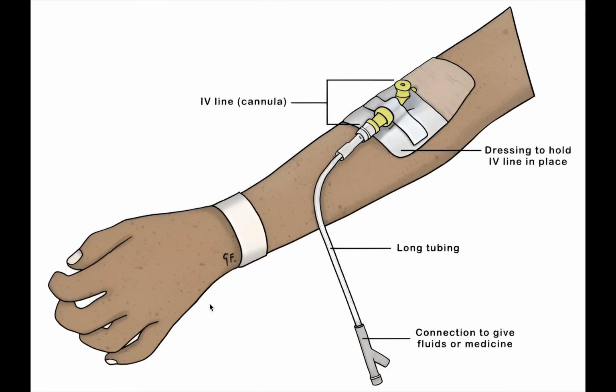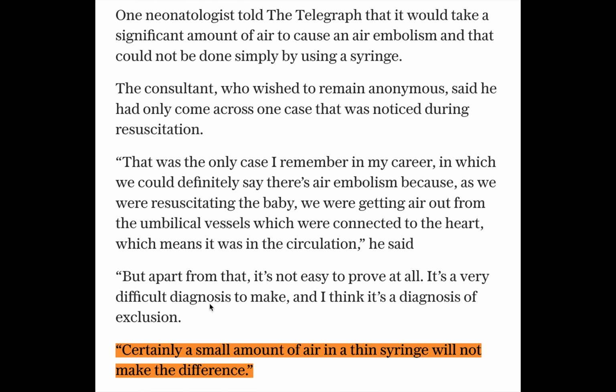You can see a cannula here, and this is what Lucy Letby was alleged to have used for some of these cases. A neonatologist told the Daily Telegraph that a small amount of air in a thin syringe cannot make the difference in a circumstance such as this. You can see this quote on the screen now. So this is a neonatologist speaking in the Daily Telegraph, and they speak about